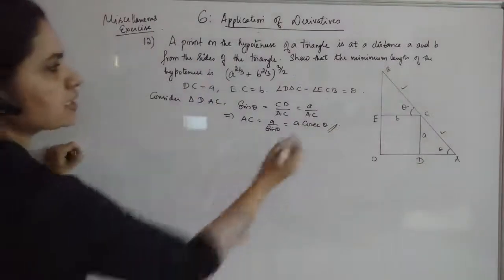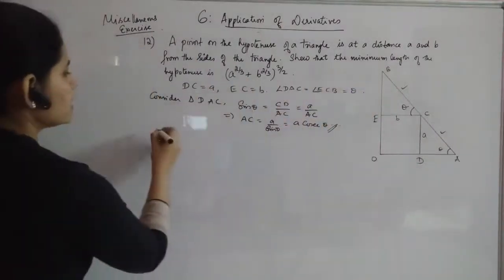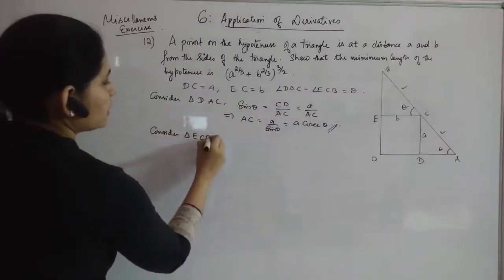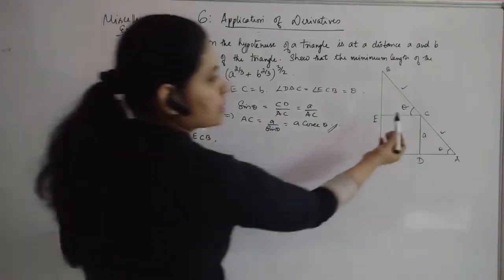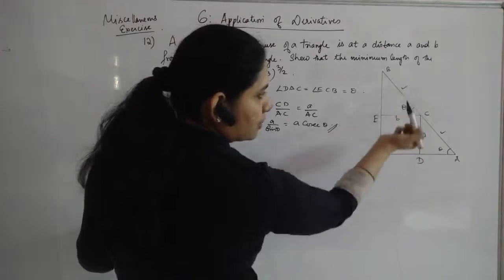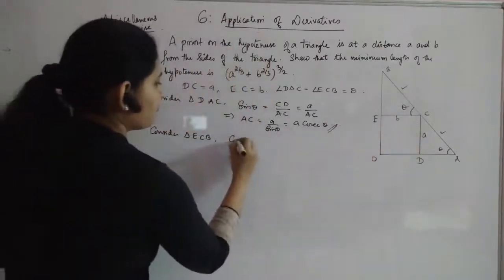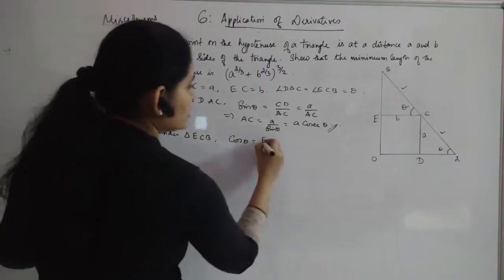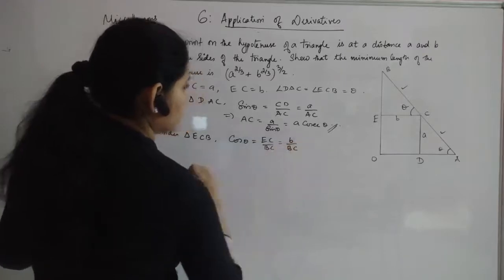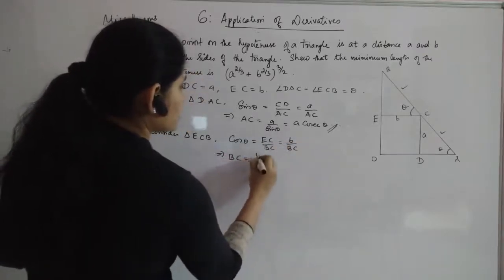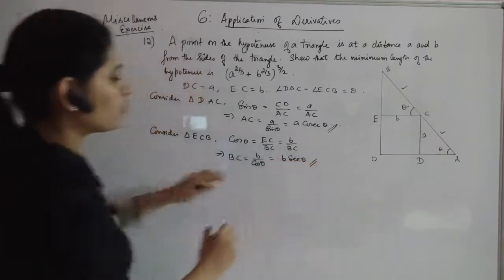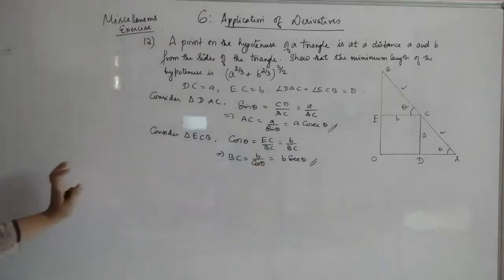Now next we will consider this triangle in order to get BC. So consider triangle ECB. There again you have the adjacent side for this angle. If you consider this is the adjacent side, this is the hypotenuse, so you have to consider cos theta here. So cos theta is equal to EC by BC, and EC is B by BC. Now what will be BC? BC is equal to B by cos theta, which is equal to B sec theta. In order to avoid that denominator part, we are just writing it like this. Okay, this much is clear.